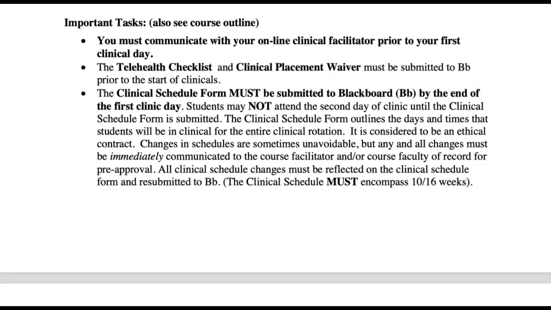You can start eliminating days. But as you do that, keep in mind that minimum 10-week requirement. Know that this clinical schedule form must remain up to date at all times. So if there's any changes in the schedule, you will revise and resubmit to Blackboard. And immediately communicate those changes, of course, get those pre-approved by your preceptor and also your facilitator and or myself,